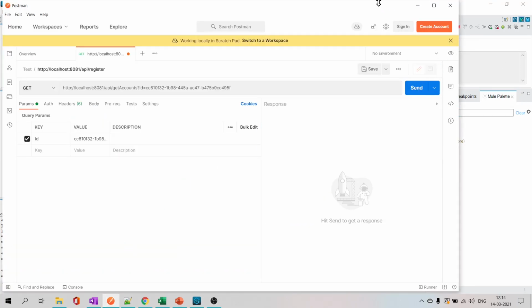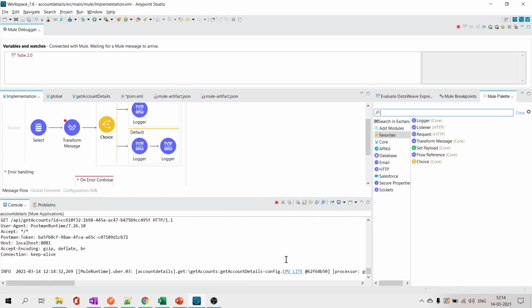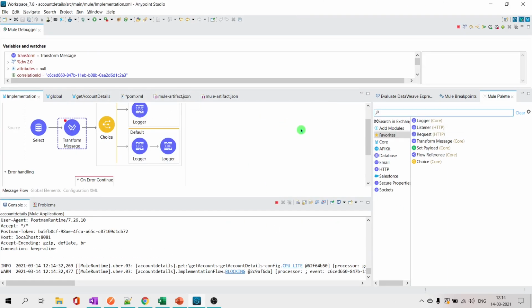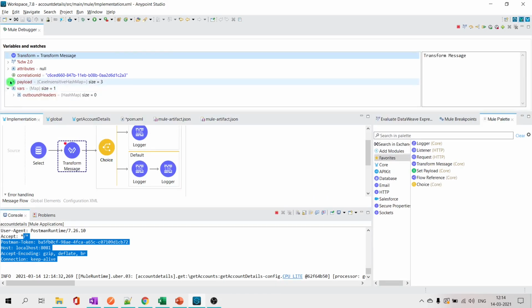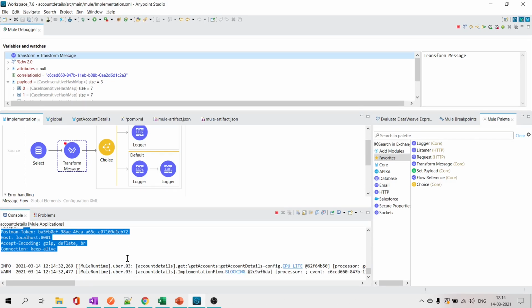Okay, so let me send a request. Here it is. Here I want to see my console logs, and I also have to see where the breakpoint is in my Mule flow, and I also have to understand my Mule event. Right? There's too much going on now, so it is clumsy. There's an option where you can print your console log to an external file and read from there.